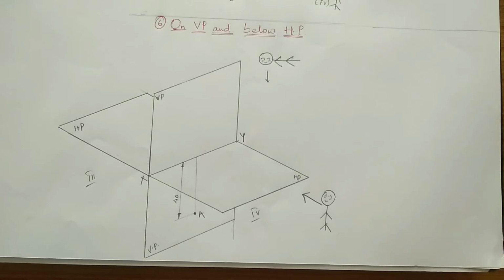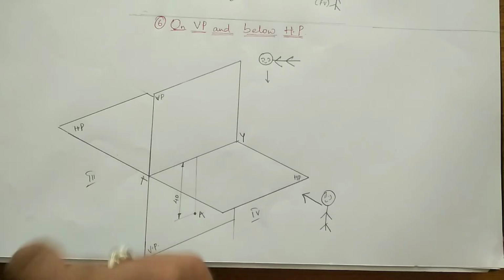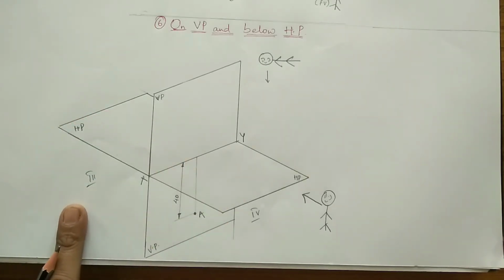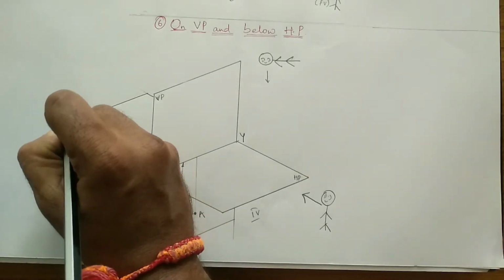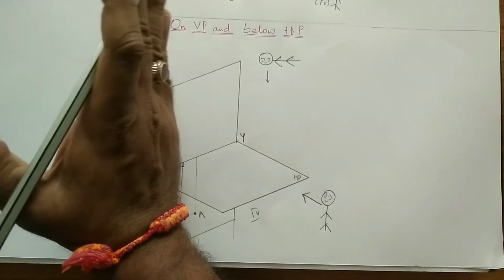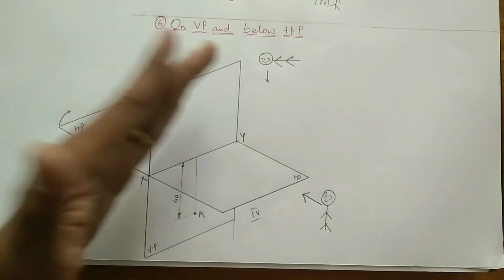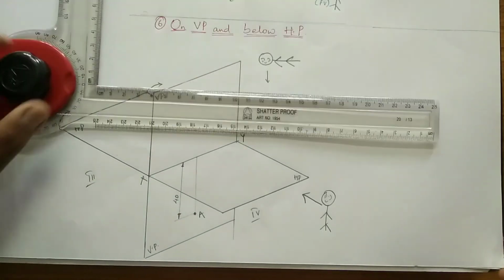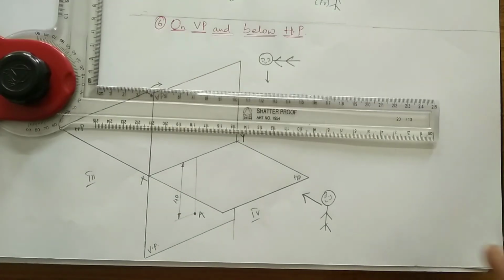As per the condition that I have told you, when a point is existing in two quadrants, the first preceding quadrant is given preference. So instead of taking the point into the fourth quadrant, we take it in the third quadrant. So as we consider the third quadrant, the horizontal plane is made to rotate above. When it rotates, it comes and joins with the vertical plane, and therefore representing its presentation over here.